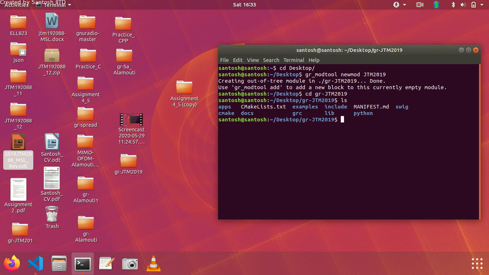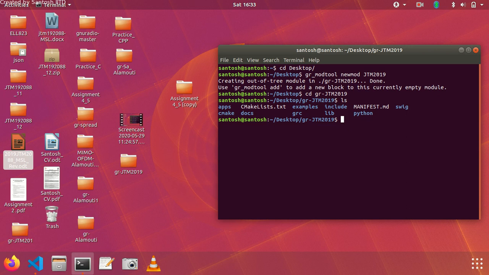You need to install the SWIG module on your Ubuntu system first, and then you can work with this gr module. So these are the three main folders we are going to discuss, and I'm going to tell you how to create blocks.